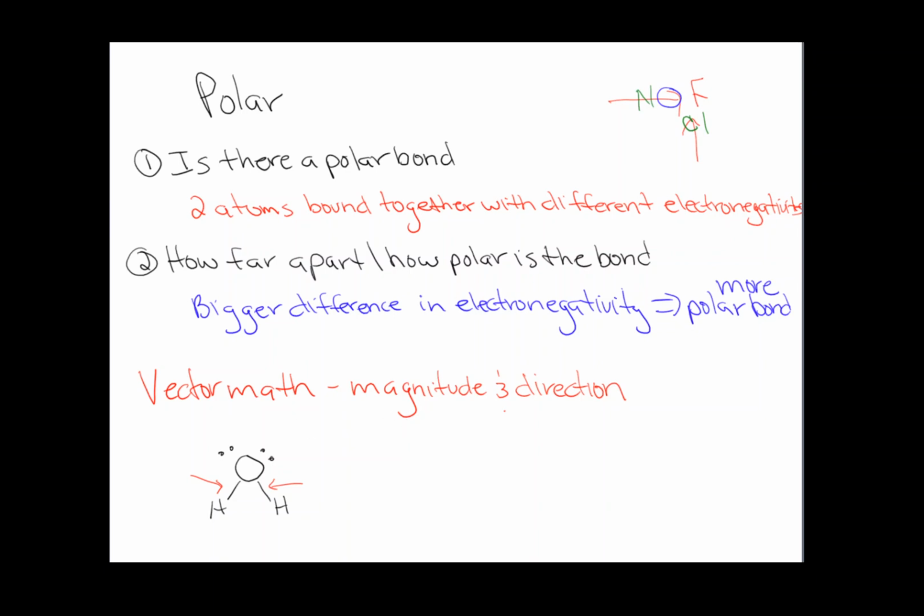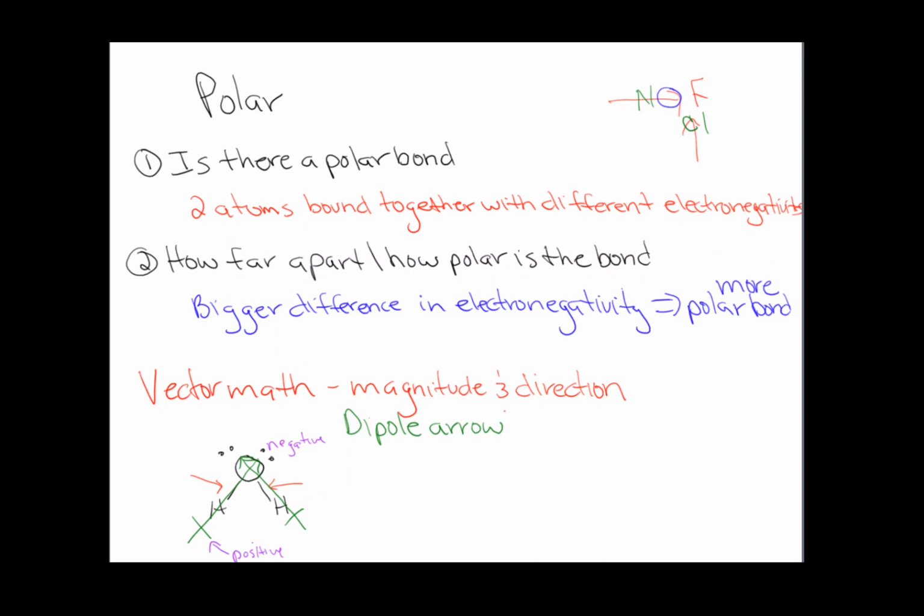This is called a dipole arrow. I know that oxygen is more electronegative, so I'm going to draw the arrow pointing that way. So this side is more positive than this one. That's not a true positive and a negative. It's just pulling in that direction. Well, this one is pulling in this direction. I have to figure out, in the end, what is my overall net vector or my net dipole,